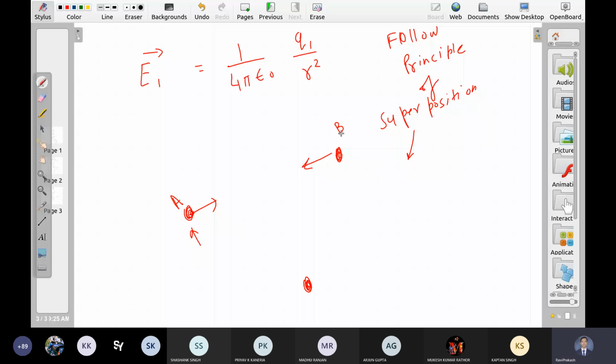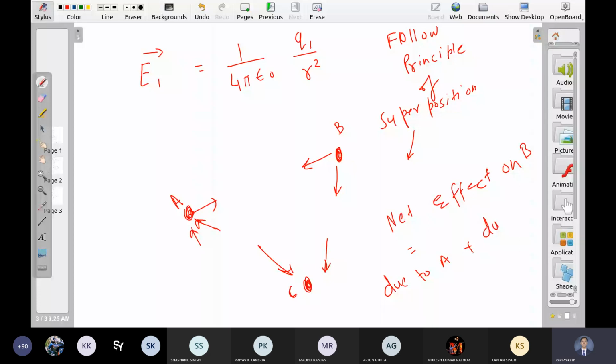So A and B will keep communicating in the previous style. What is the effect of C? C will also set some connection with A, and C will also set some connection with B. So the net effect on B can now be calculated as the effect due to A, because it is not disturbed, it is the same as before, plus the effect due to C. So that is the property of the superposition principle. जरूरी नहीं है कि हर जगह सही हो.